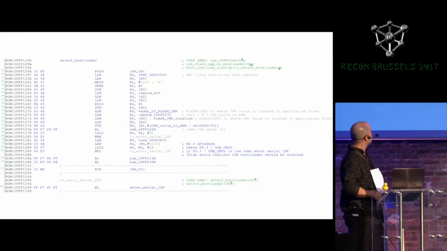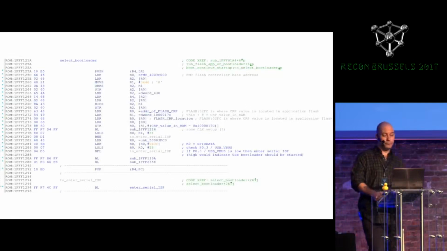In this screen here, this is a function that I call select bootloader. The boot code is going to end up in this routine if we don't have the no ISP or the CRP3 enabled, and if the bootloader has been triggered. So at this point, it's going to check to see if it should go into the USB bootloader or the